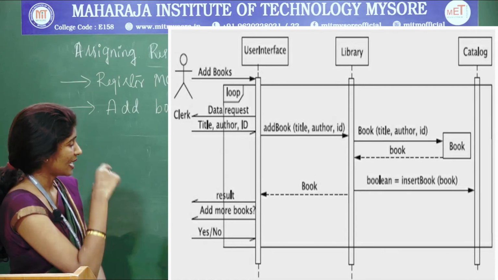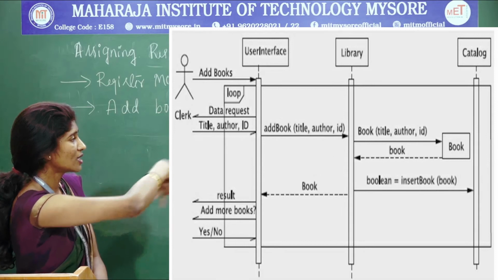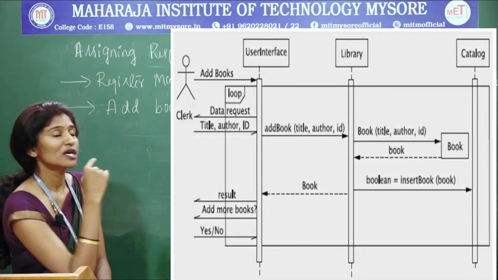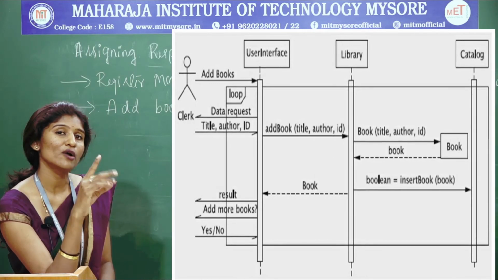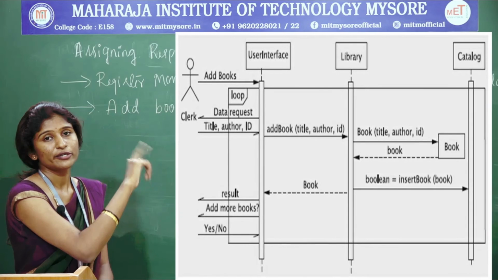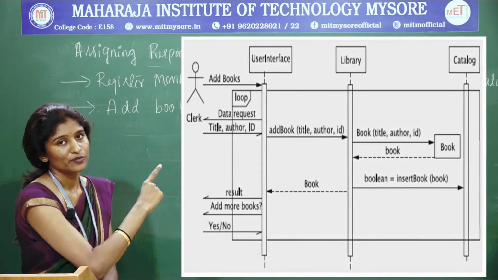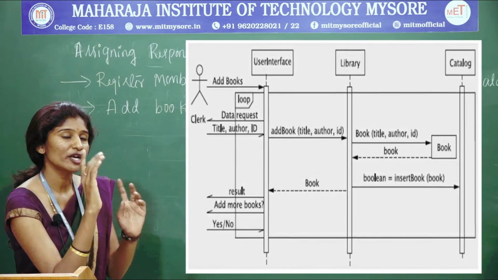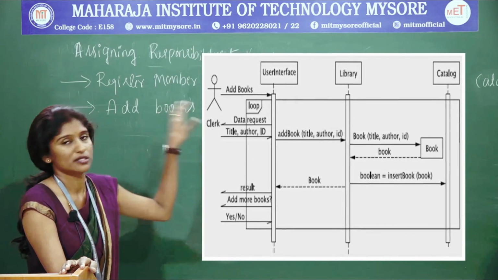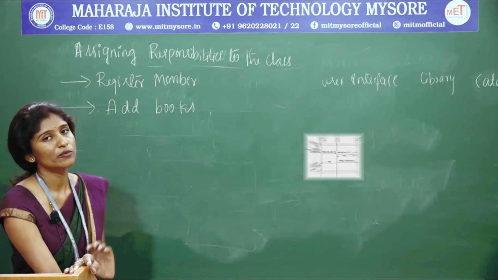You can see in the diagram that we have got a loop box, from the first step to the last step. For n books, if you have more than one book, you need to repeat the same step. That is why we have a loop in the diagram. For only one book, this step is enough. If you have more than one book, you repeat the process entirely. So that is the sequence diagram for adding new books.